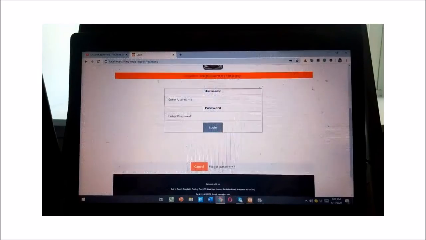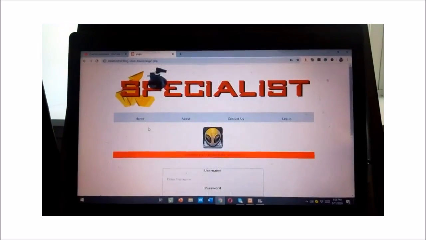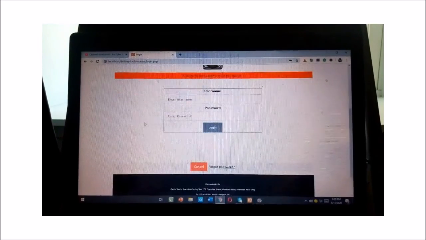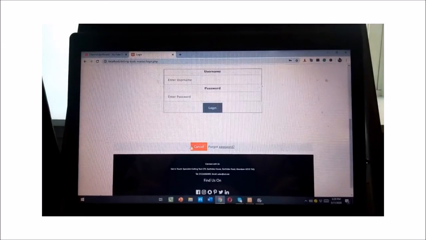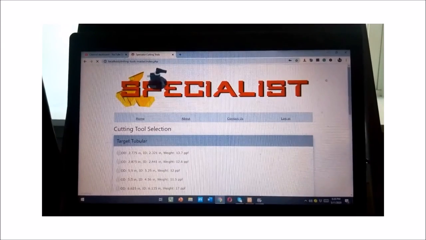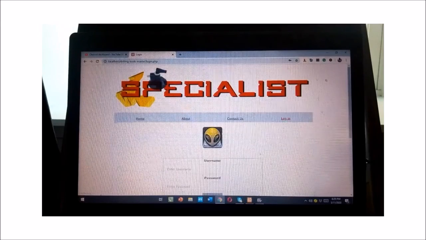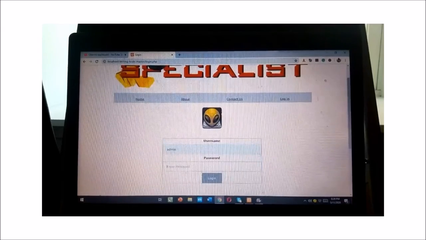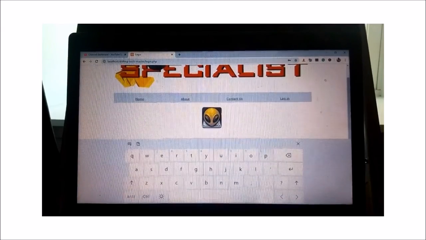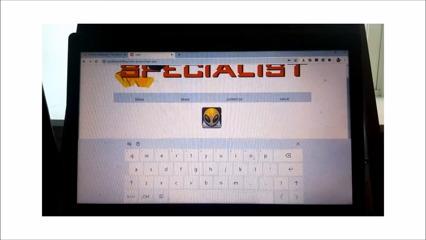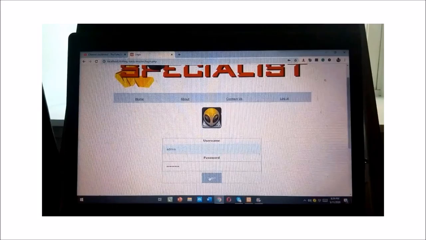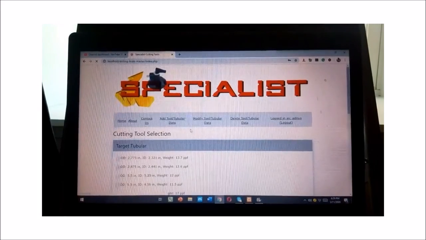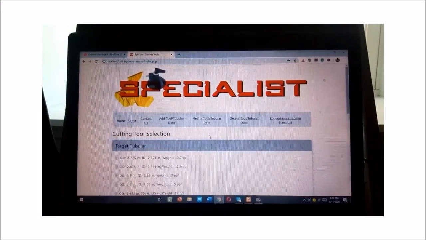Now let me move back to the admin page, the intro page rather. I'm simply going to cancel this operation and go back to login. Now let me enter my correct credentials and the password. Okay, click on the login button. Yes, so I'm in. So right now I'm going to demonstrate the admin delete